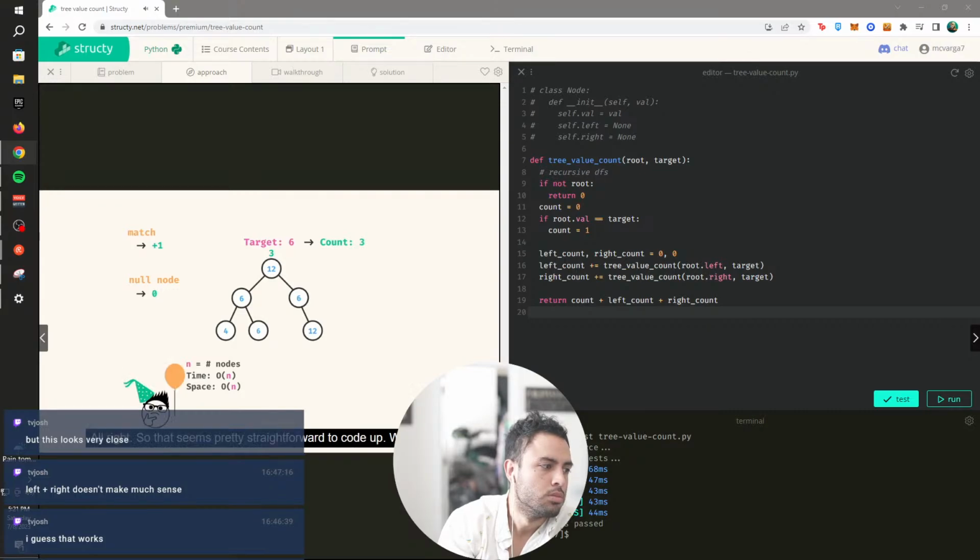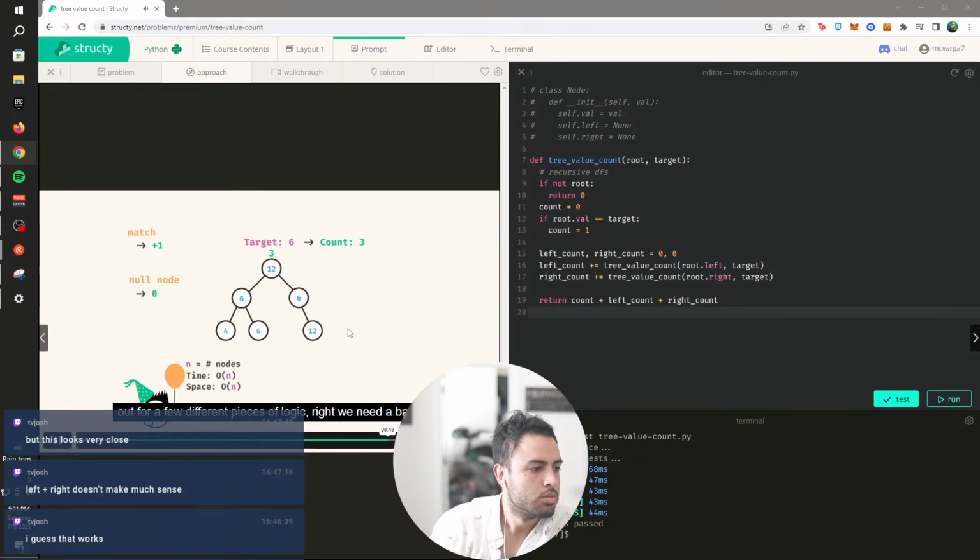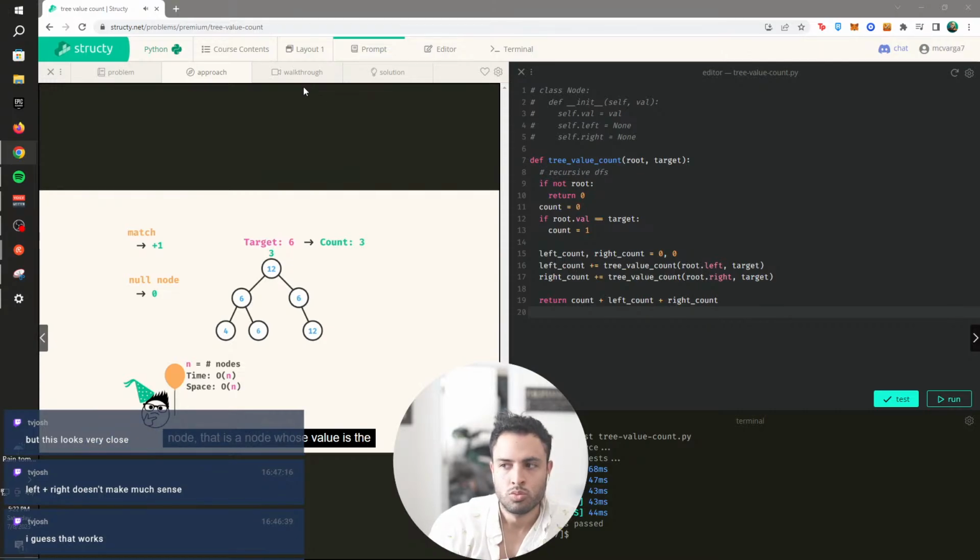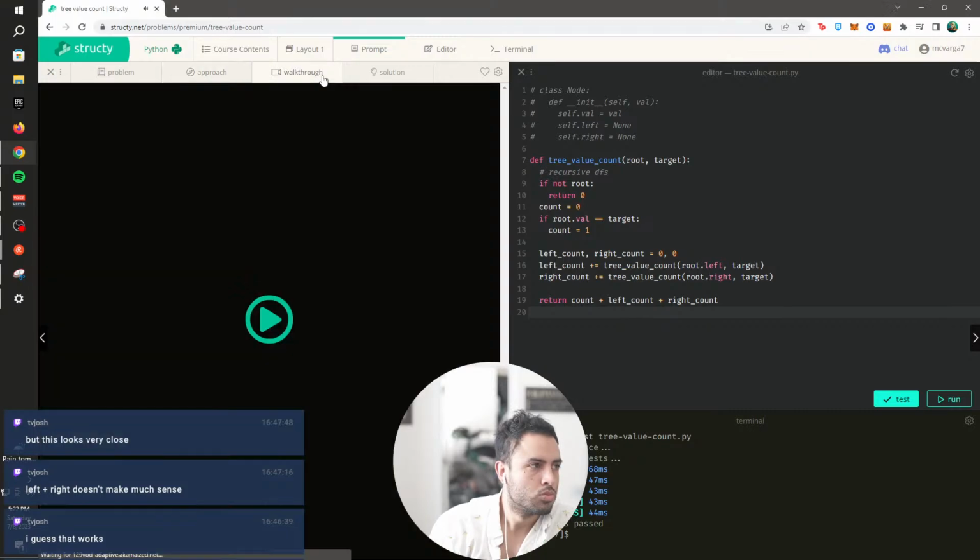All right, so that seems pretty straightforward to code up. We'll watch out for a few different pieces of logic, right? We need a base case, where if our node is null, we're going to return the value 0. And then whenever we have a matching node, that is a node whose value is the same as my target, I need to somehow do some addition of 1. I need to count it. Cool, so